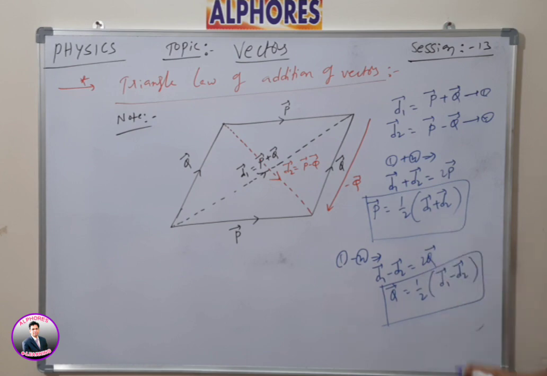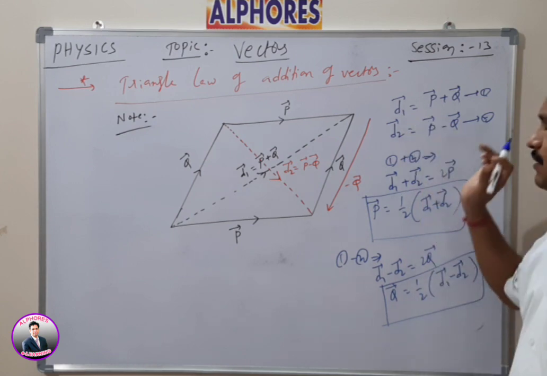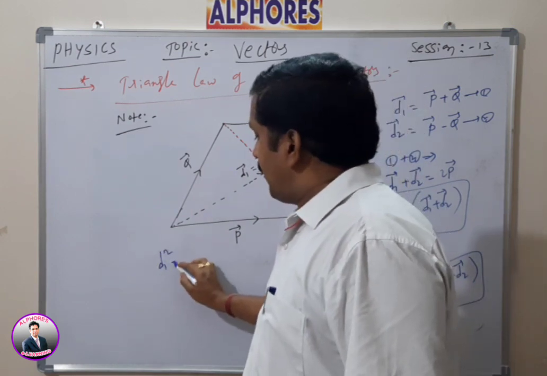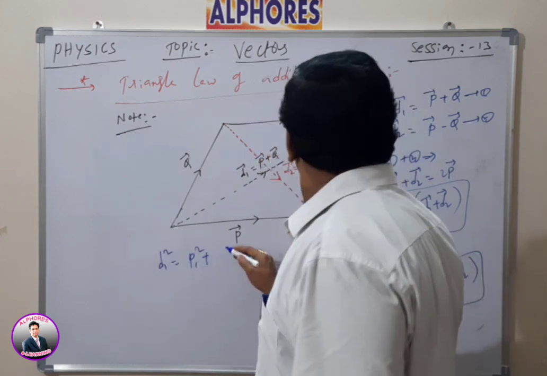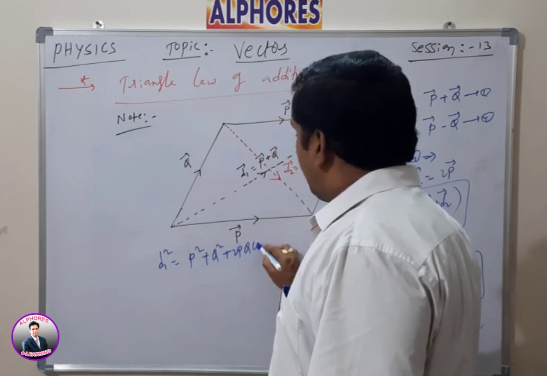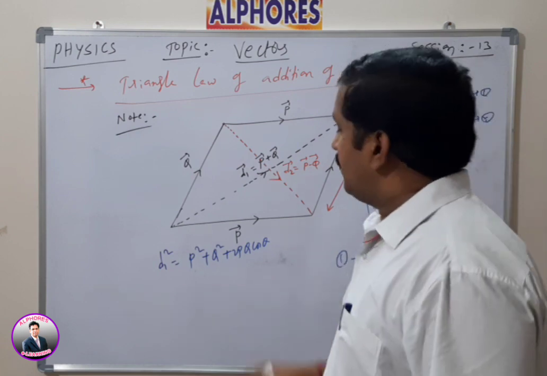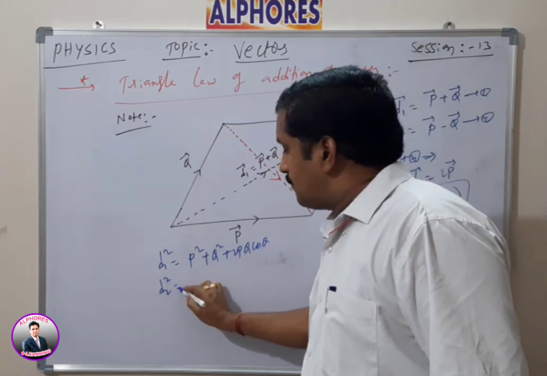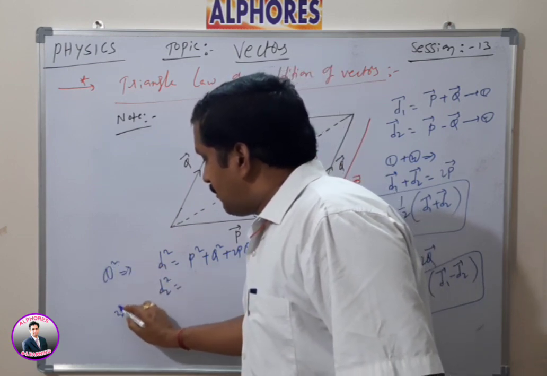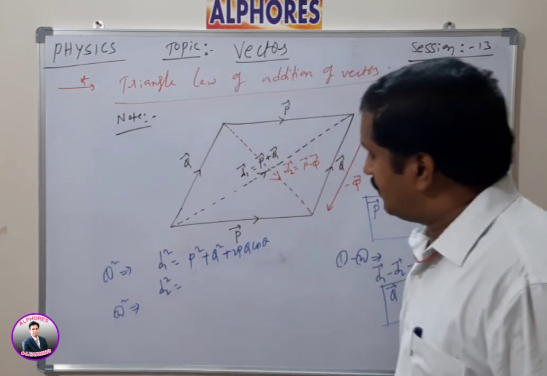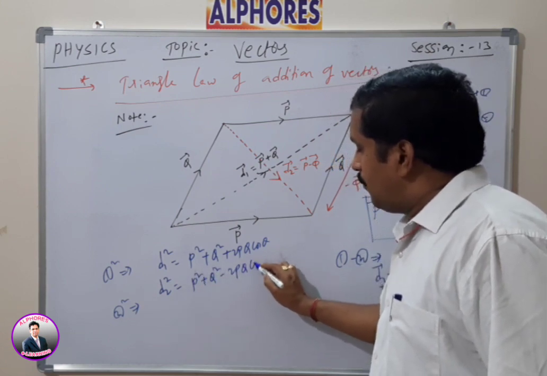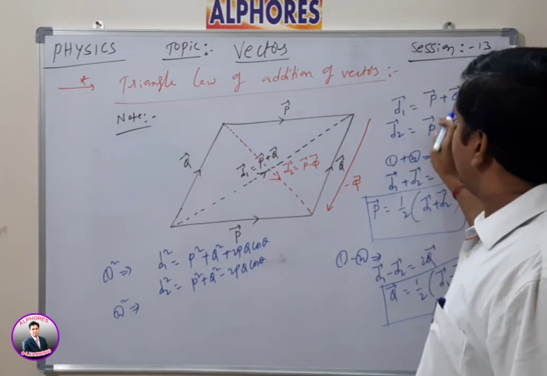So this is about the two sides from the triangle only. Now what about the squares, like D1 square plus D2 square? As per the resultant equation, D1 square is equal to P square plus Q square plus 2PQ cos theta, as per the first equation. And D2 square, by squaring the equations, is P square plus Q square minus 2PQ cos theta, because it is a subtraction of vectors, while this is the addition of vectors.